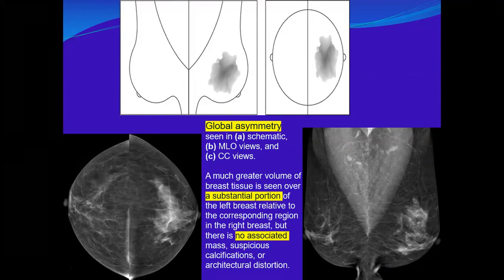This is a schematic view, and the MLO and CC views demonstrate a substantial portion of breast tissue occupying the left breast without a mirror image correlate in the opposite breast, and no associated suspicious features. Okay, this we described before as